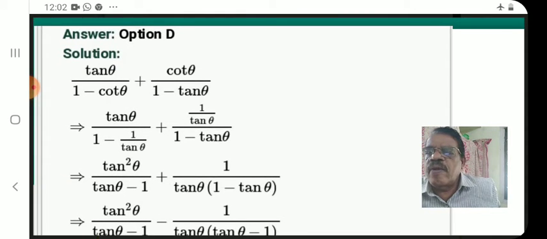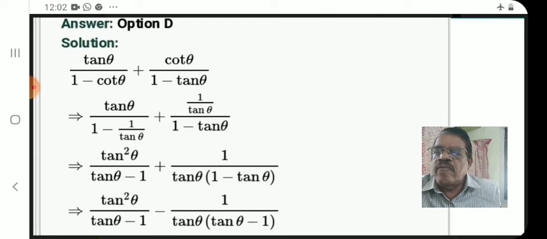Tan theta by 1 minus cot theta plus cot theta by 1 minus tan theta. Cot theta we can write as 1 by tan theta, the reciprocal of tan is cot. Tan theta by 1 minus 1 by tan theta plus 1 by tan theta all by 1 minus tan theta. And here